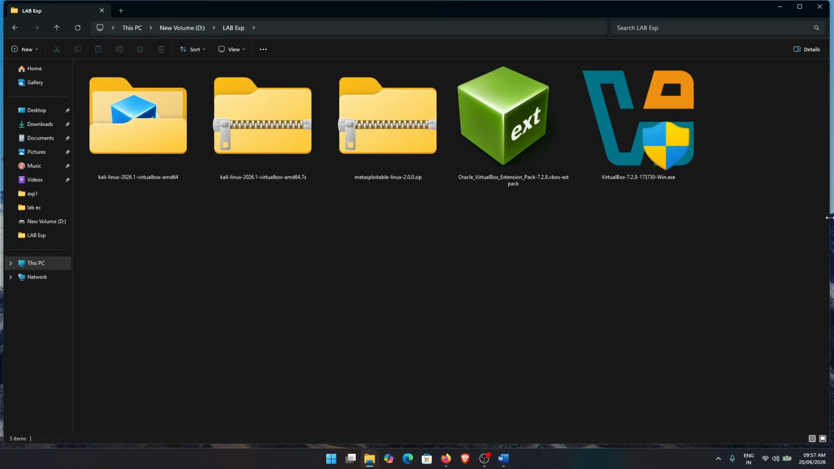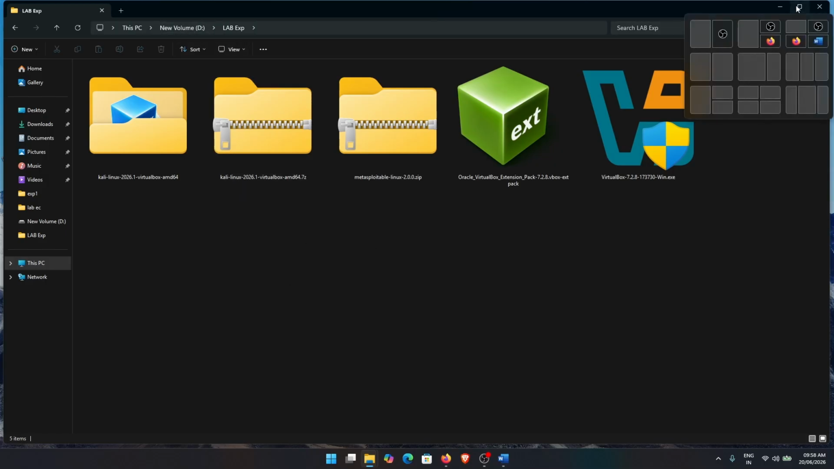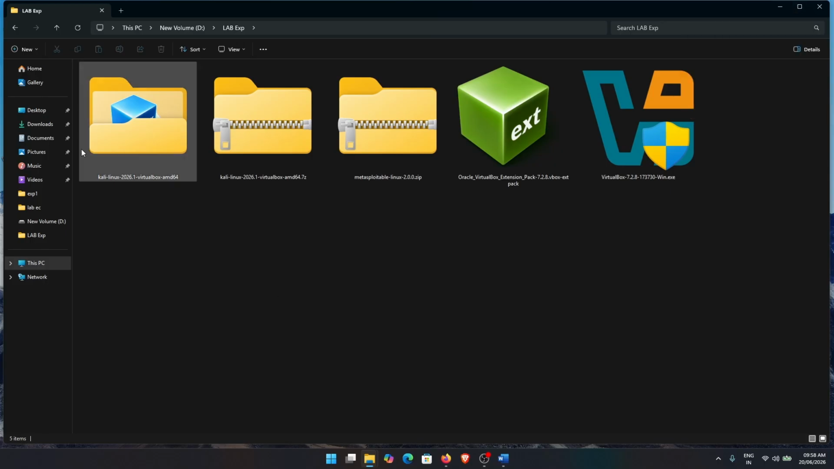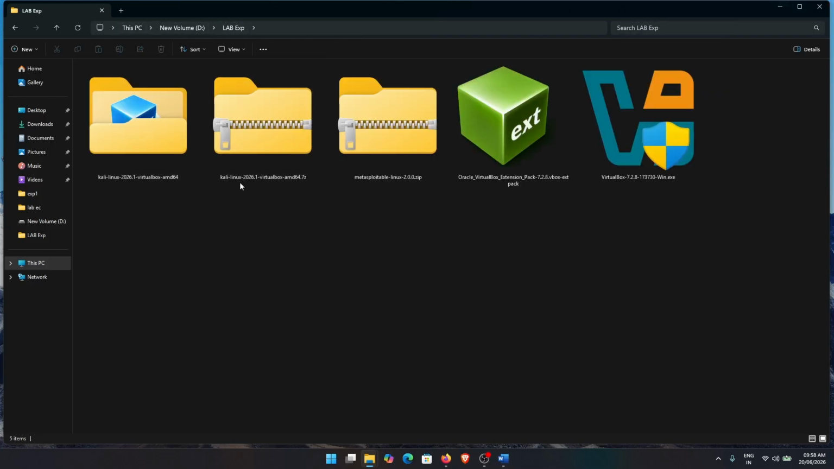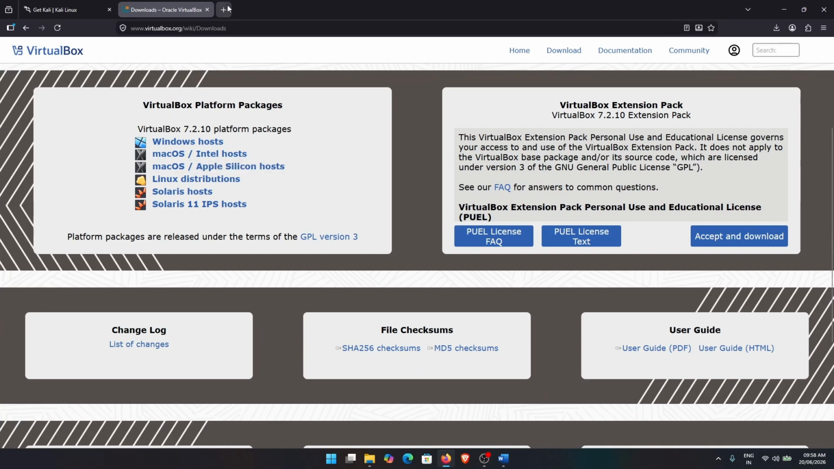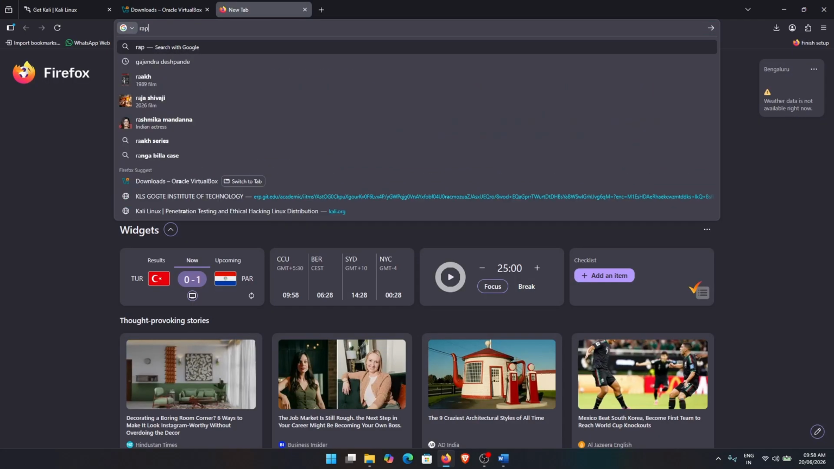Wherever you have enough space, there you need to extract it. Okay, so now this is done. For the fourth and fifth term works, you need to download Metasploitable. That will be downloaded